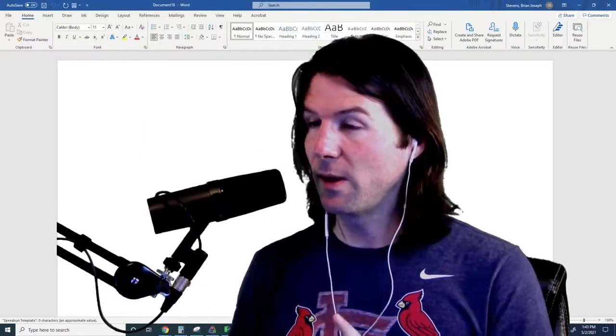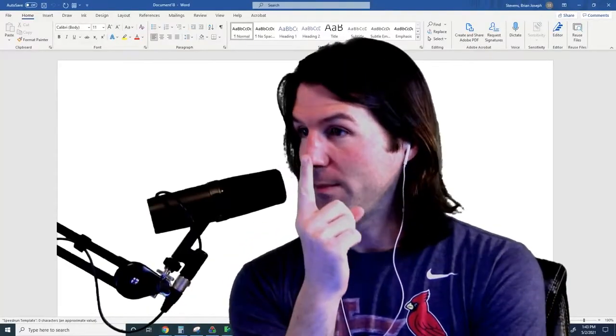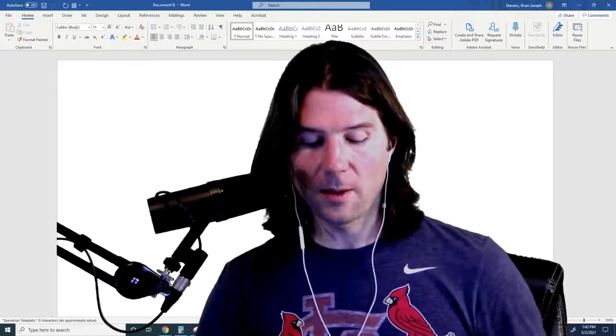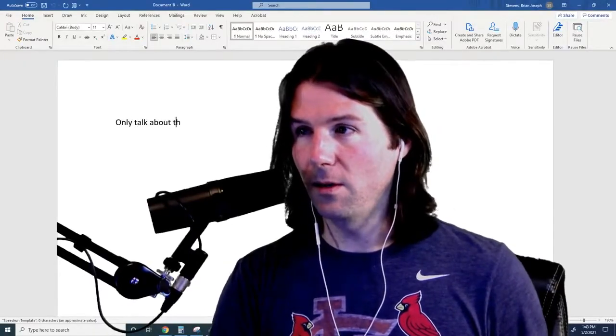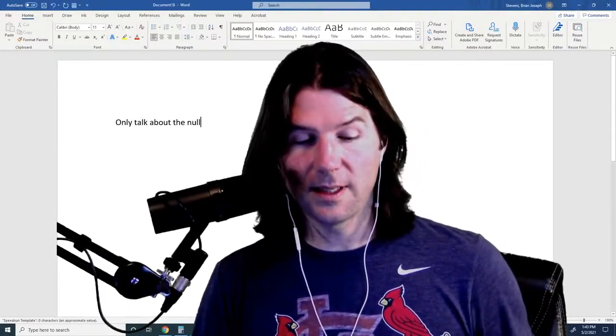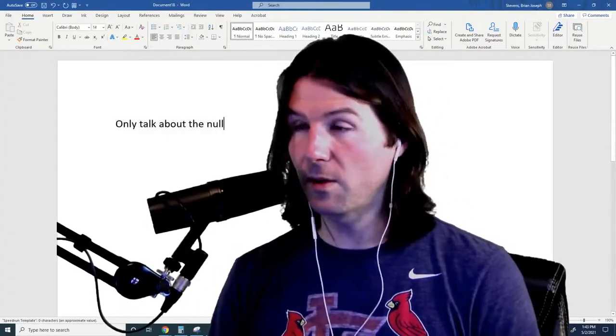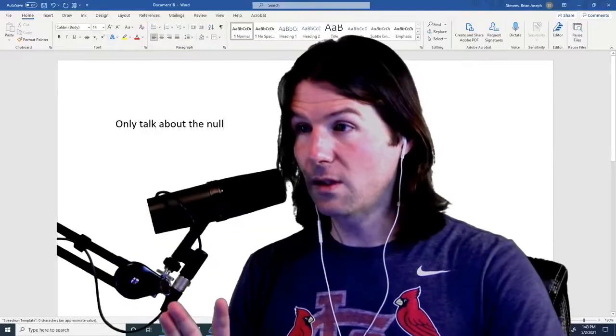With this, I want you to take a look right here. This is type 1, type 2 error. Right here, I'm holding up a 1. This is type 1 error. And we're only going to be talking about the null. This is how to memorize the type 1, type 2 error, and I've seen people doing this during the test. We're only going to talk about the null. Don't talk about the alternative.